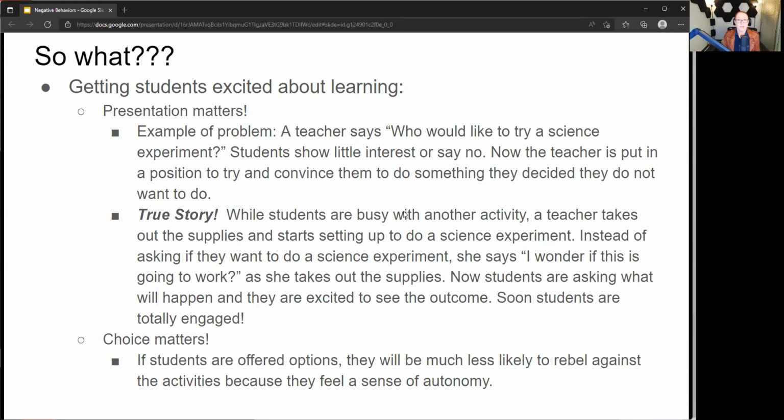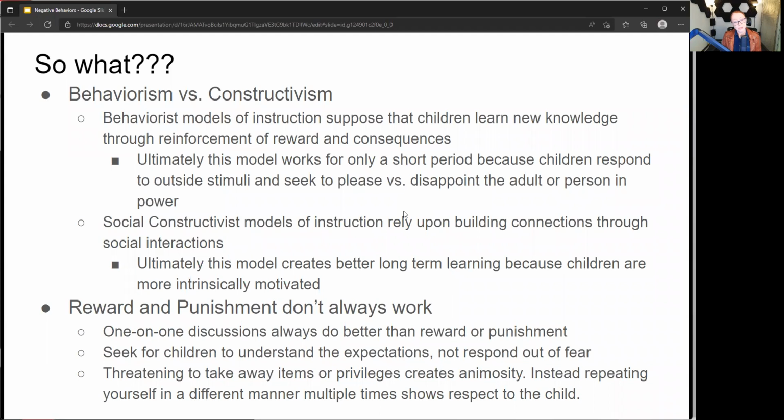Even if the two choices are things that you picked out for them, even if one is the one you really want them to do and it's more appealing, the fact that they got to choose makes a big difference, right? So I would suggest doing that as often as possible. This leads us to